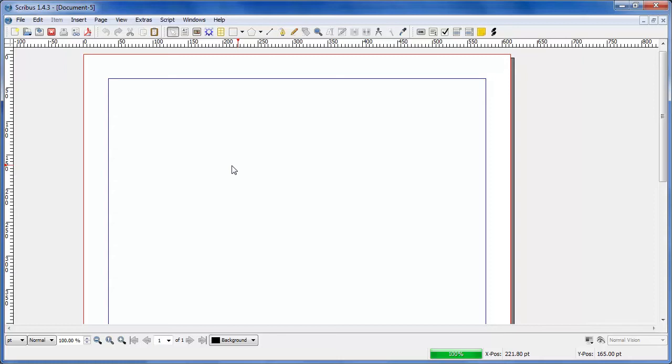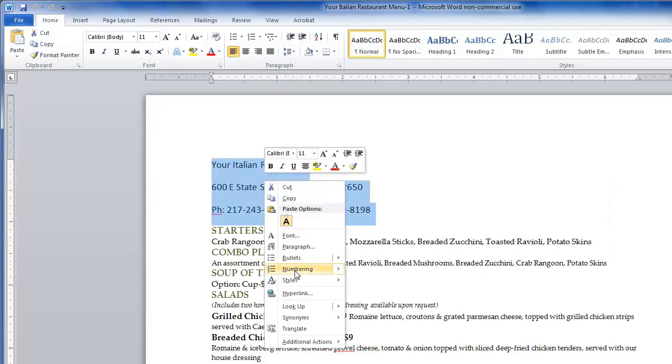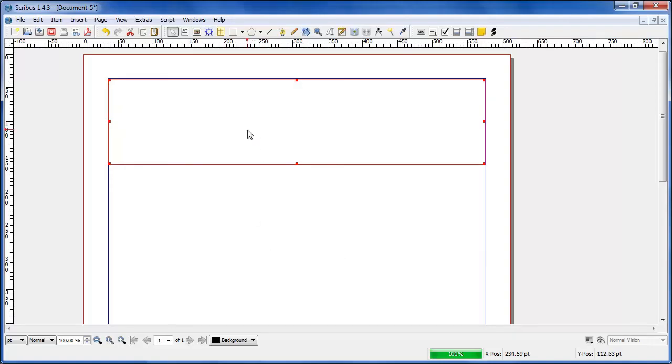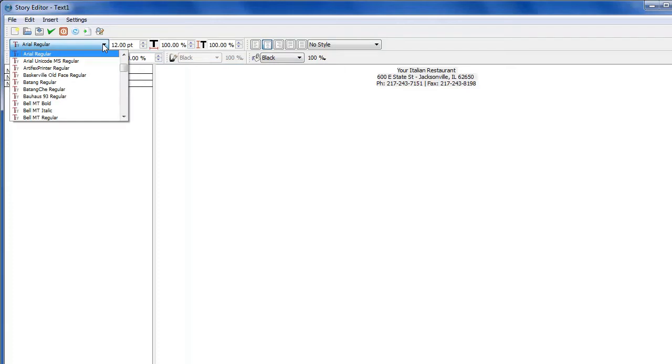So I am going to create a text box. And in this text box, I'm going to put the name and address of my restaurant. Okay, so I'm going to highlight that, and I'm going to copy it, and then go back to Scribus and edit text, paste. Okay, now I want this centered, and this of course starts at Arial regular. I want something big and bold,